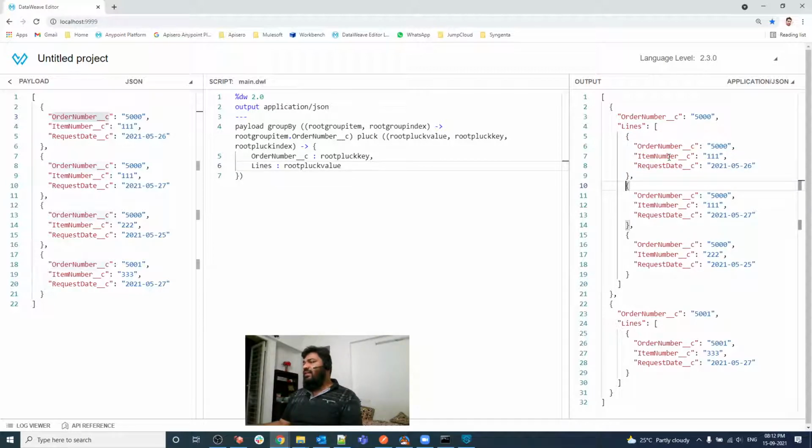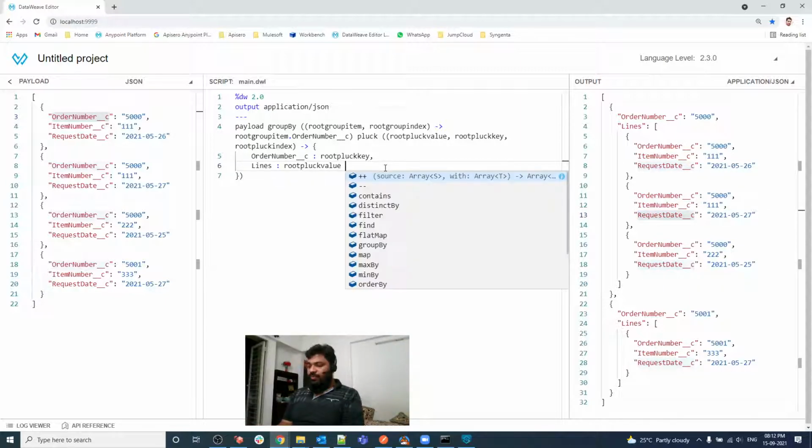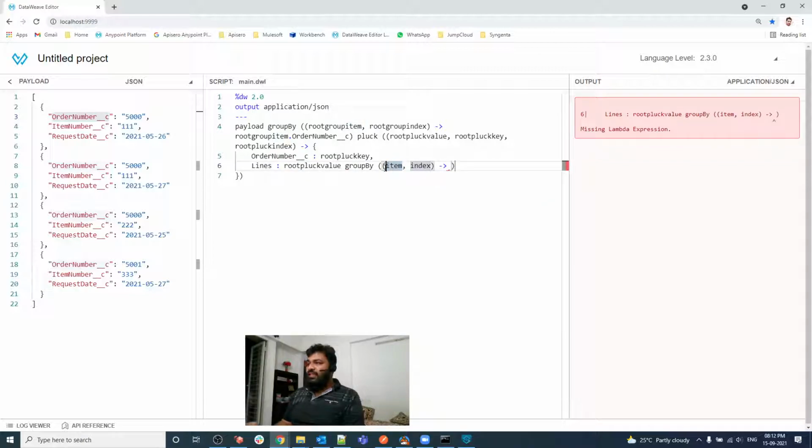a requirement that we are going to apply a group by again on item C. And if we have more than two objects with the same item, then we will be doing order by this field, requested date underscore C. So let me do group by. I'm giving a name, internal group, and I'm going to do group by on